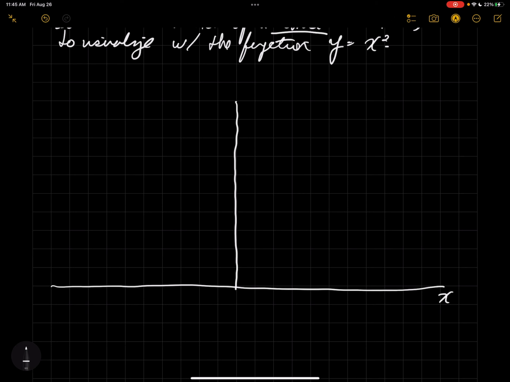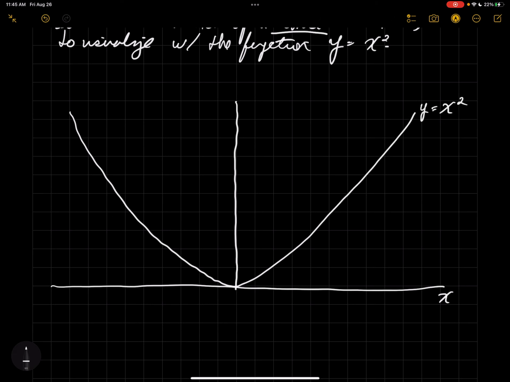And so, of course, that's a parabola around the ordinate. At least it should look like a parabola. If I could draw better, it would look like a nice smooth parabola. But just humor me and suppose that this is, in fact, a parabola. And let's suppose that we want to determine the rate of change